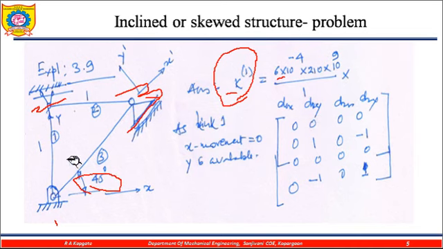So if this is 1, this is 2, so this 2 can be moved along the y-axis. This one can move along this axis. So 2 is able to move along the y-axis, that's why this 2 is able to move along this axis. That's why this one is 1 -1 -1 1.